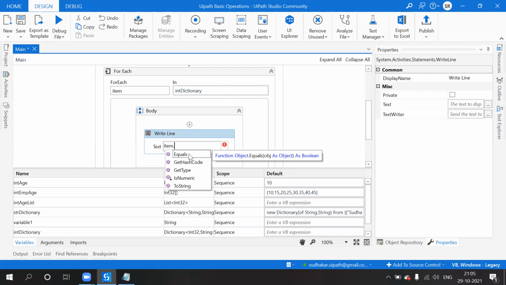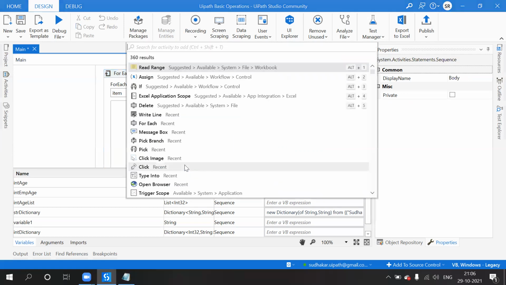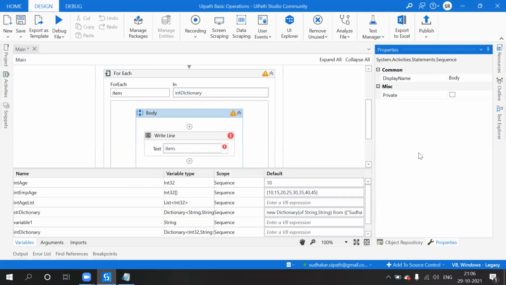Why? Because whenever we use a for each loop, we have to see what the type of that collection is. Yesterday we saw we selected whether it is a string or an integer, the combination we have selected.